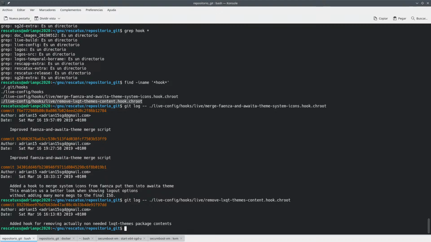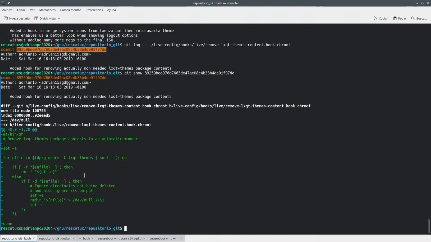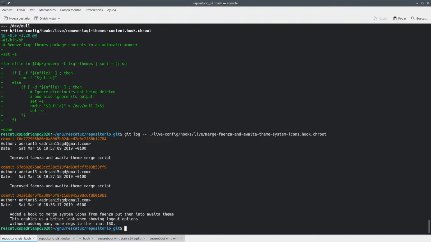So here we have two different things that, you know, if you take a look at this commit, for example, you can see how we remove ignore directories not being... yeah, so we remove LXQT themes, because we don't want so much space to be taken from here. And also this merge stuff that we have here, okay,